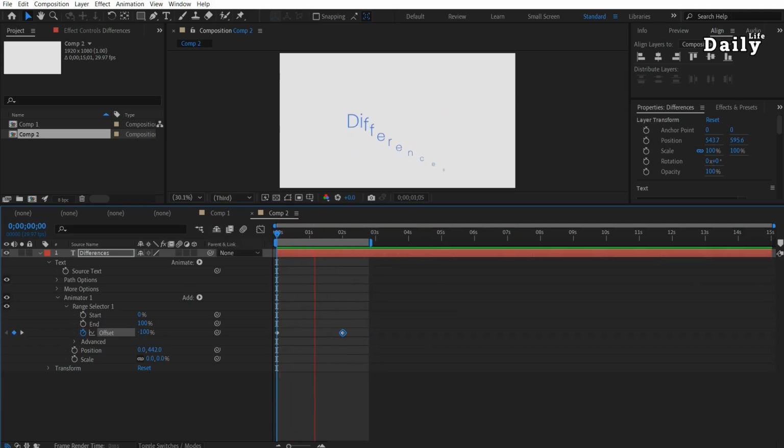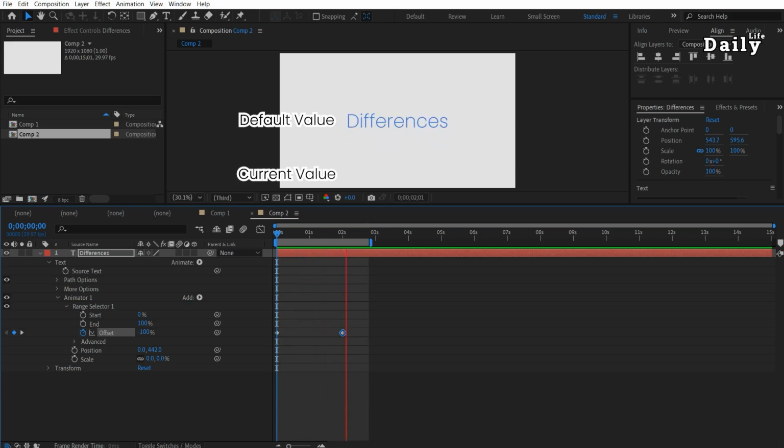When you move the range selector offset, it transitions each character from the current value to the default value. What are these values? The default value is where you have originally placed your text, at its final position. The current value is the starting place or setup you've created by setting new properties for the animation. Here is how the algorithm handles it.